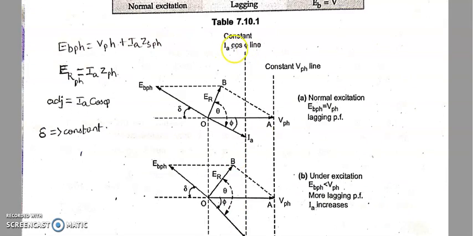So that's why the product of IA into cos phi will remain constant. But remember, it's not like IA remains constant as well as power factor angle phi remains constant. Those change, but the product will be constant. Yes, the product will be constant, but the values of IA as well as cos phi will change in such a manner that if I multiply IA as well as cos phi, that value will be always same.